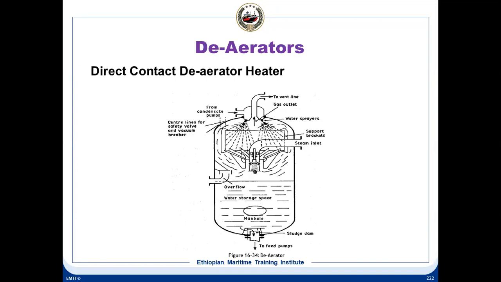The deaerator head is normally fitted to a feed storage tank as shown. Here it is shown that the water collecting over here goes directly to the feed pumps, but normally your hot well. The suction to the boiler feed pump connects to this tank. So it either drains to the hot well or it drains to the feed water tank.